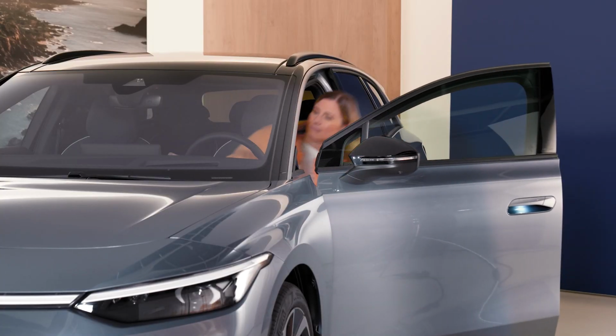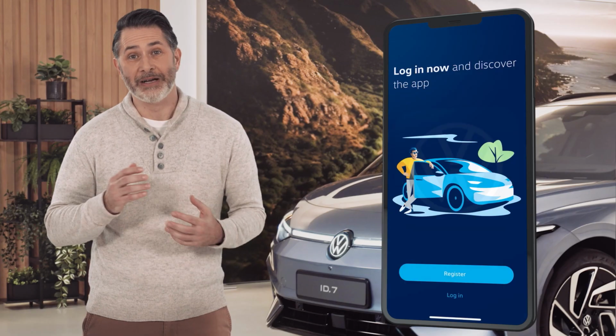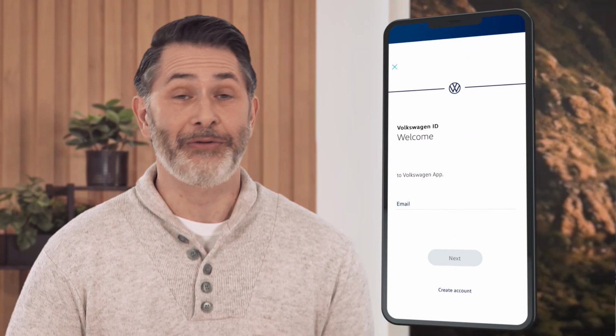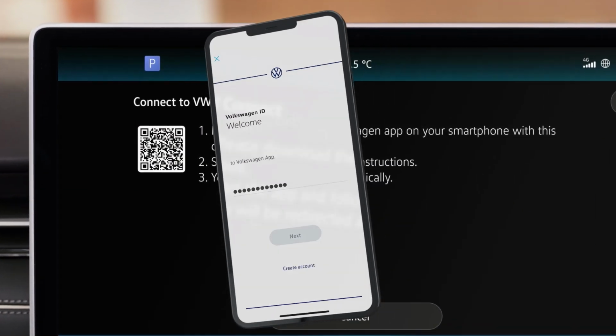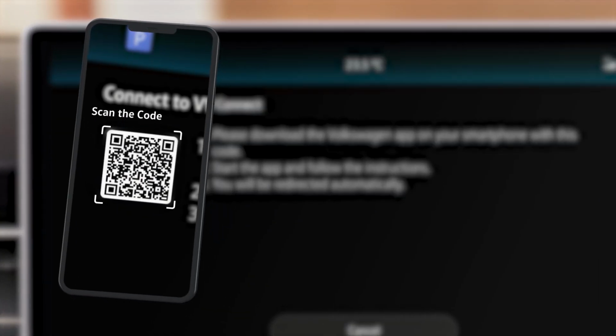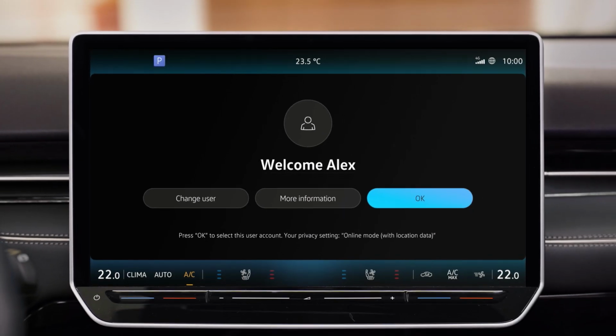As soon as you are seated in the driver's seat, your ID is ready. Install the Volkswagen app on your smartphone, create a Volkswagen ID, and let the app guide you through all the steps. Finally, scan the QR code on your infotainment screen and your Volkswagen ID user account will be connected to your ID. You are now registered as a user and ready to use the mobile online services for your ID